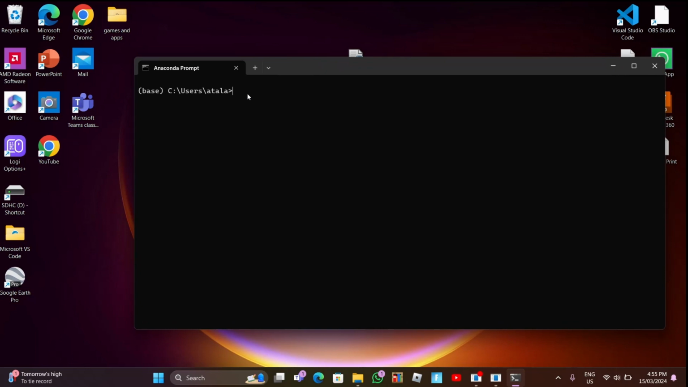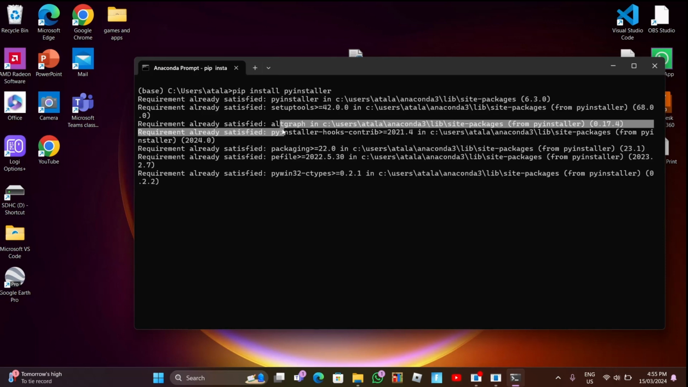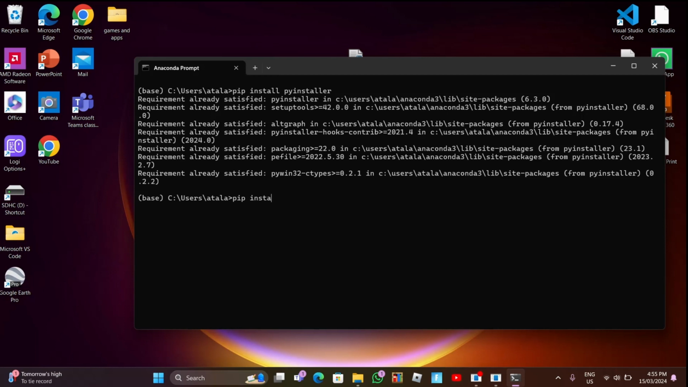But what we need to do is, first thing, pip install pyinstaller. So right now it says requirement already satisfied. So that means I already have it installed. Now for pip install